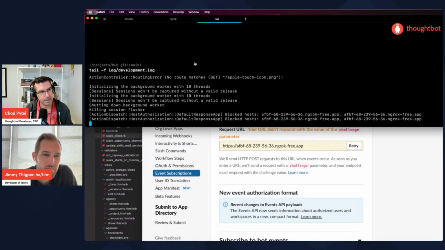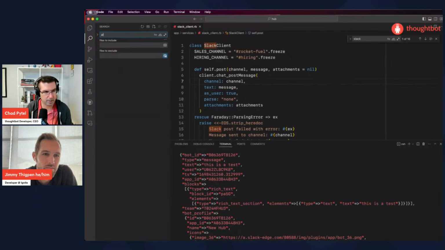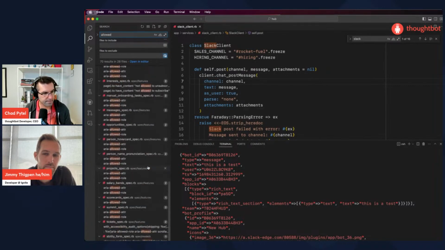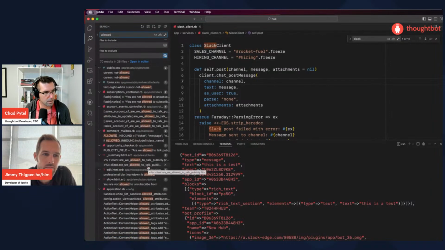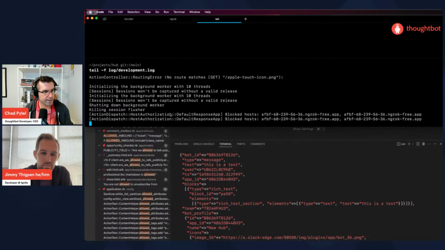Oh, it's because it's failing host authorization because it's not one of the allowed hosts. This is a feature of Rails for protections, so that your app doesn't respond to arbitrary hosts. I actually don't know off the top of my head where to set it.